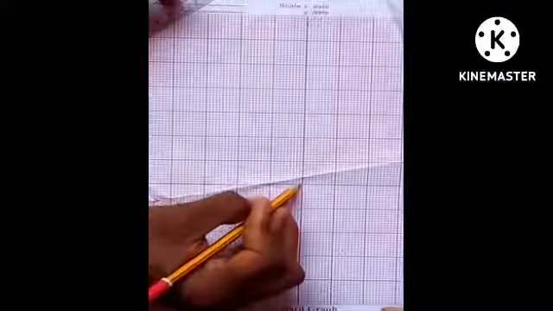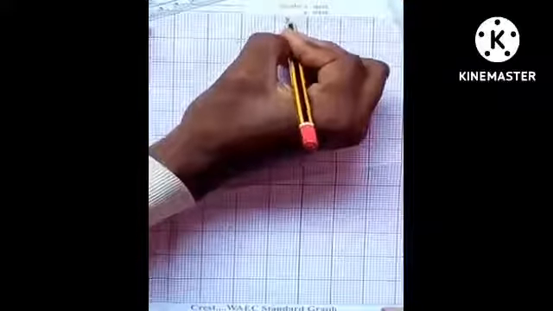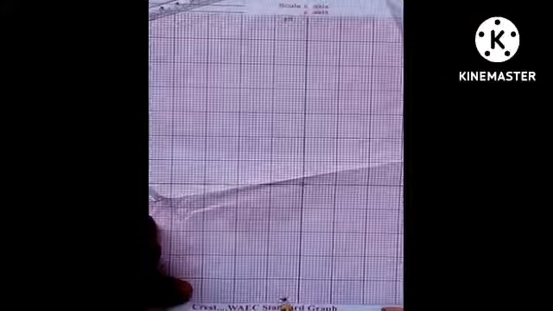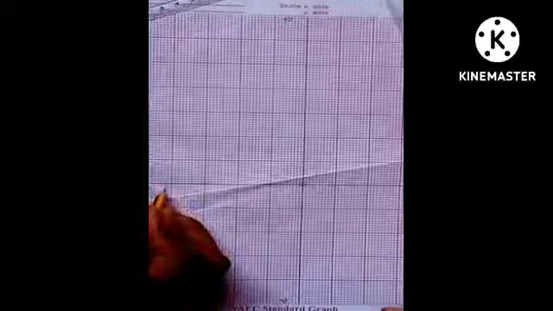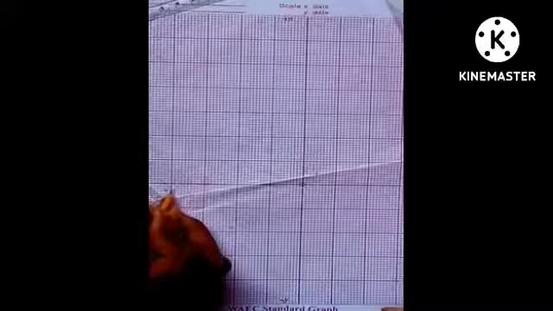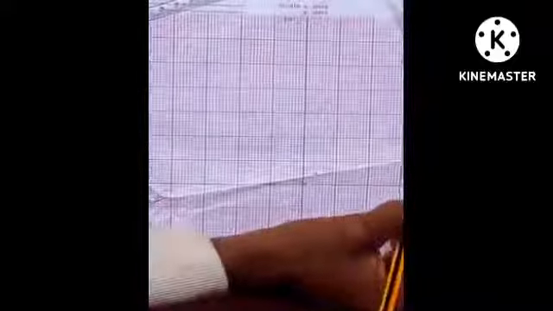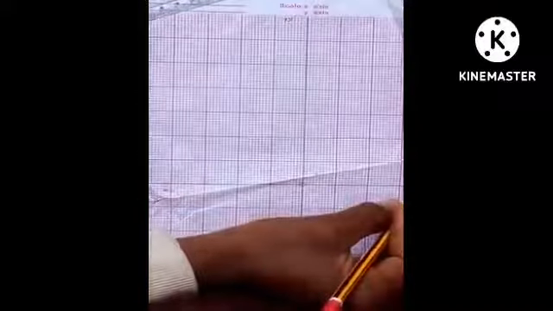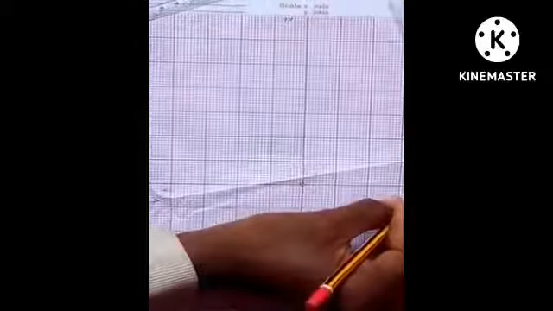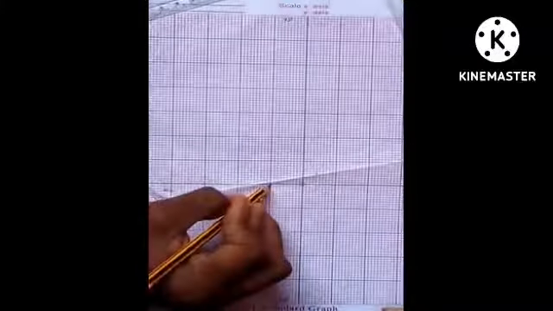This is the origin. The origin represents the intersection of the axes. This is the y-axis. This is the positive y-axis, plus y. This is the negative y-axis, minus y. This is the positive x-axis, plus x. This is the negative x-axis, minus x. Since we're using a scale of 1 to 1, 1 centimeter to 1 unit,